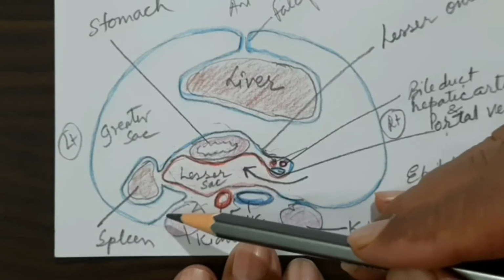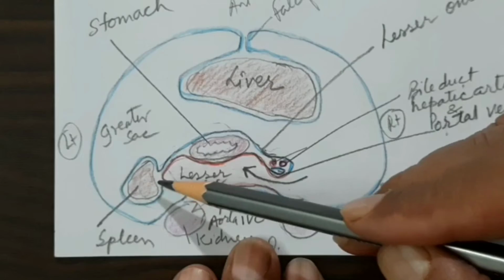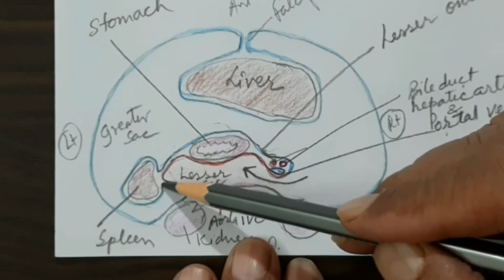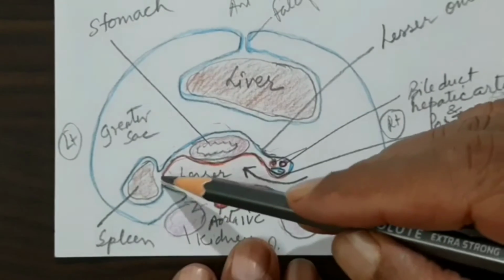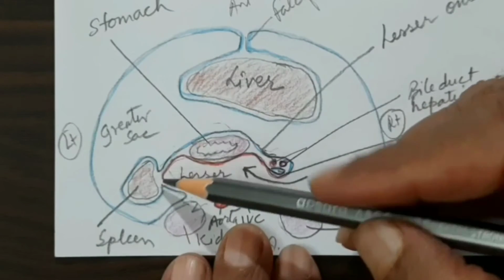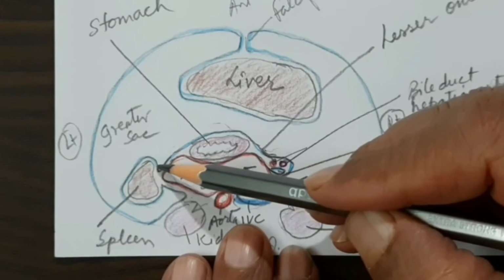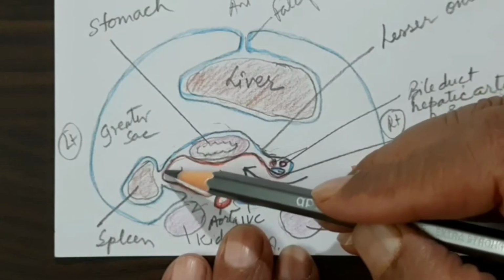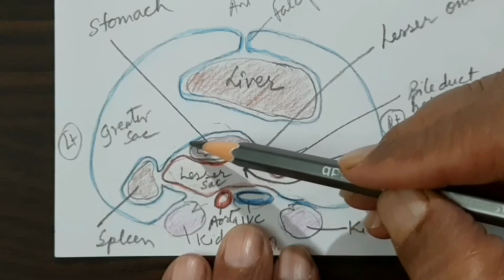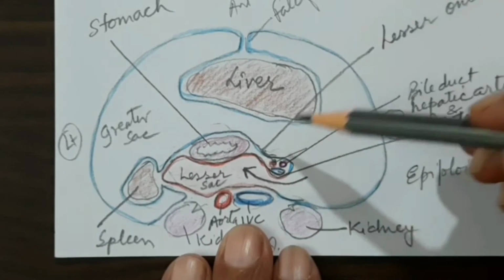As I was telling you, after covering the anterior aspect of the kidney, this will reflect onto the spleen, towards the hilum of the spleen. From the hilum of the spleen, it will turn and cover the spleen and again come to the hilum of the spleen, and then from here it will go to the anterior surface of the stomach,